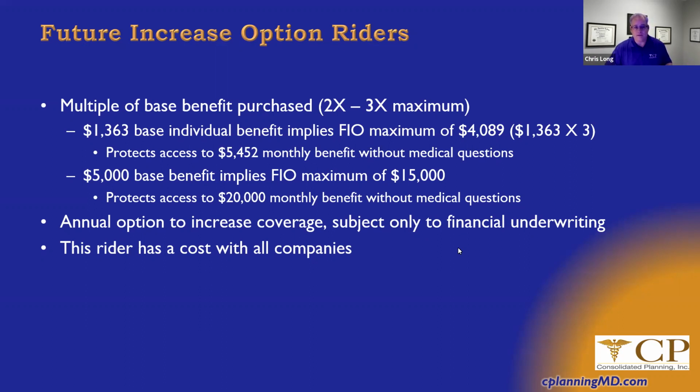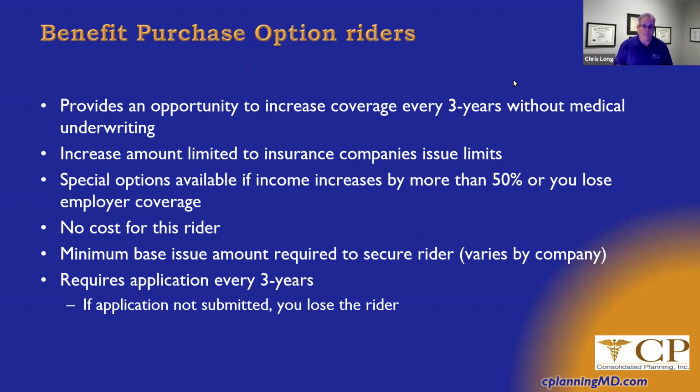Okay. And every company that offers this type of rider, there's a cost associated with it. What I'm seeing more people do now, especially when they understand what their options are, is they're going with the benefit purchase option type rider. And again, what it does is it lets you get less coverage during residency. So it costs you less, but you've still gone through the medical underwriting. So now prophylactically, you have that mechanism where you know you can increase your coverage up to whatever that company's issue limits are, which can be anywhere from 20 to 30,000 a month